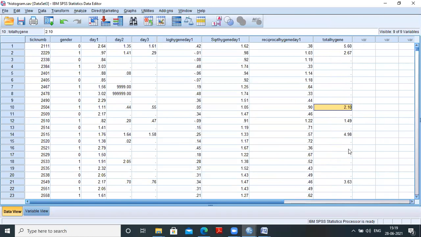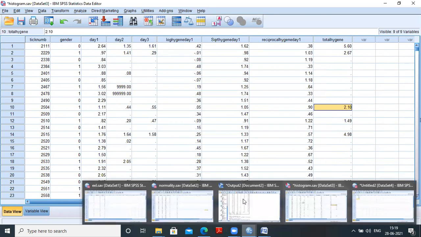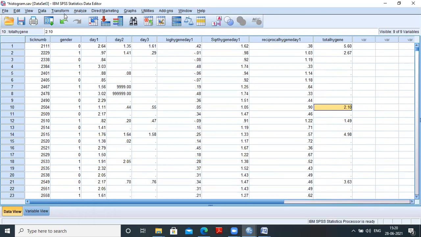this file. Here, the values which are missing for one variable will be missing in the total variable, because I have selected the option to ignore the values if a value is missing even in one variable. Then let it be, I have to transform the variable.